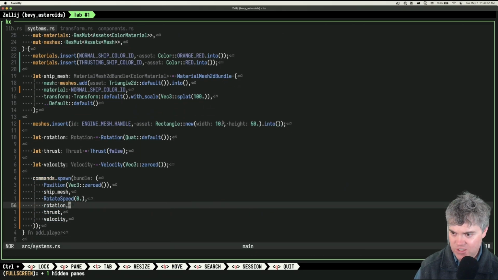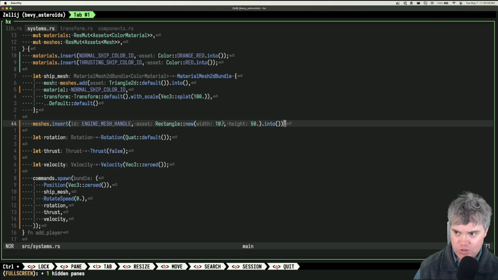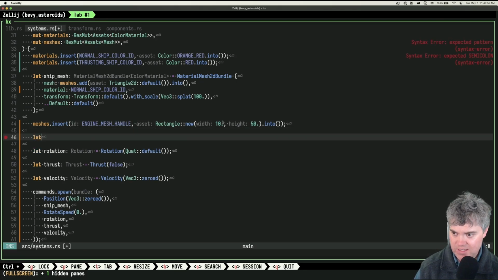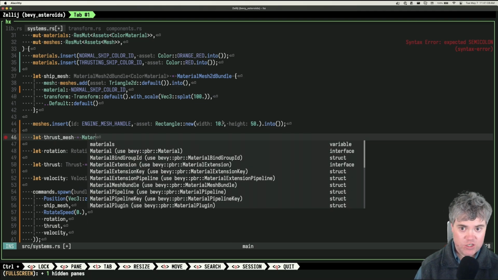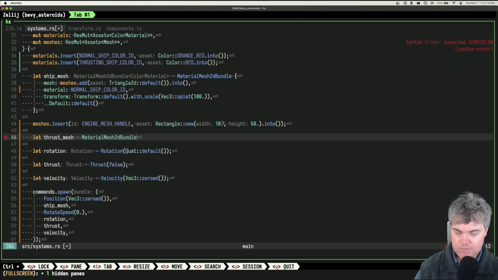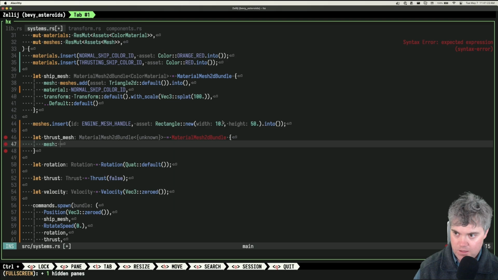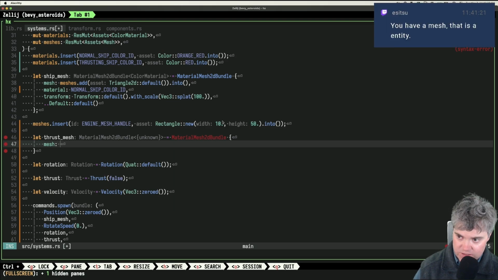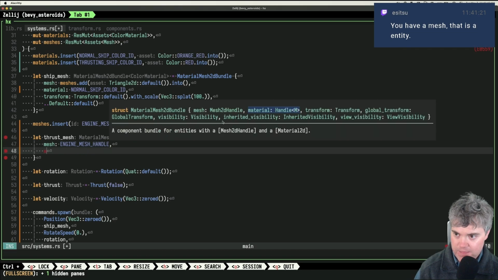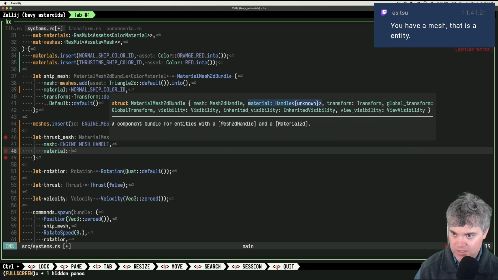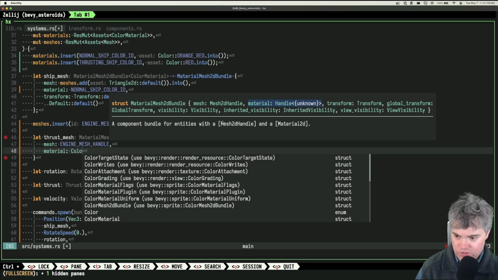And now let's create a mesh. So let thrust mesh. I want to create the mesh just to show up right away, just so I can see that. So the mesh here would be the, what did I call it? Engine mesh handle, right? The material would be, would I do color?